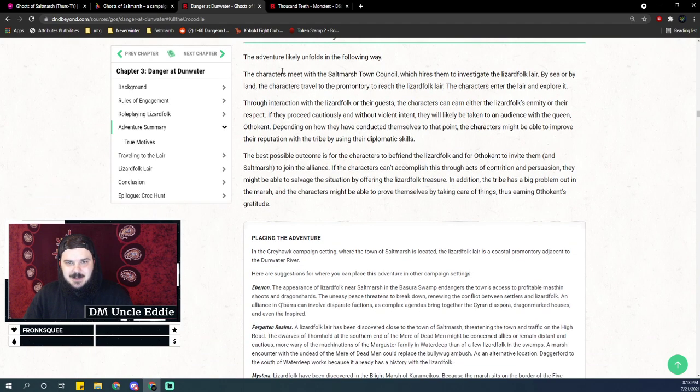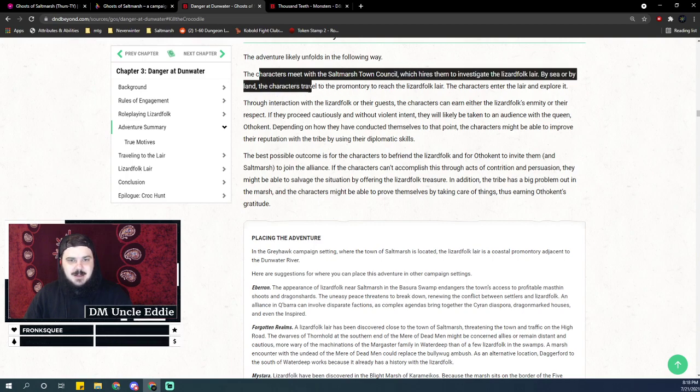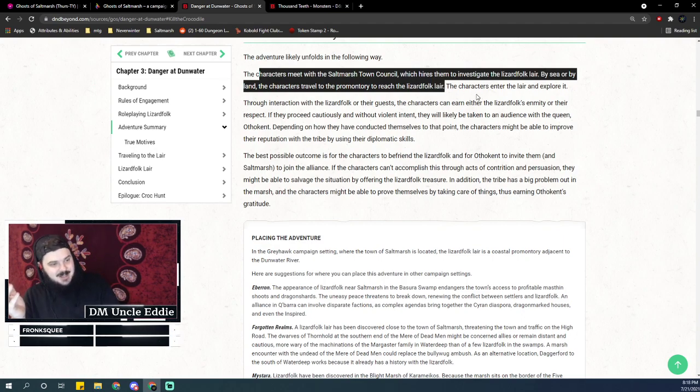So the adventure will likely unfold in the following way. The characters meet with the Saltmarsh Town Council, which hires them to investigate the Lizardfolk lair by sea or by land. The characters travel to the promontory to reach the Lizardfolk lair. They just gained a free pirate ship, basically, so they will